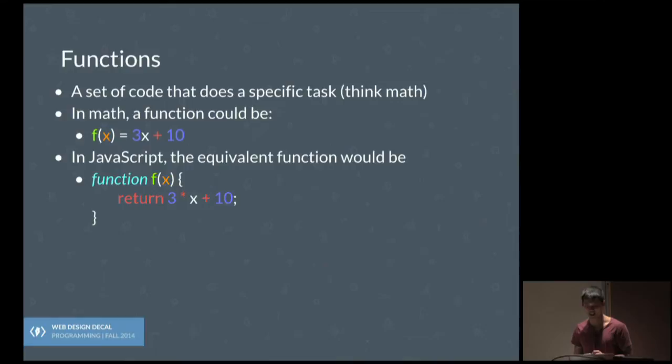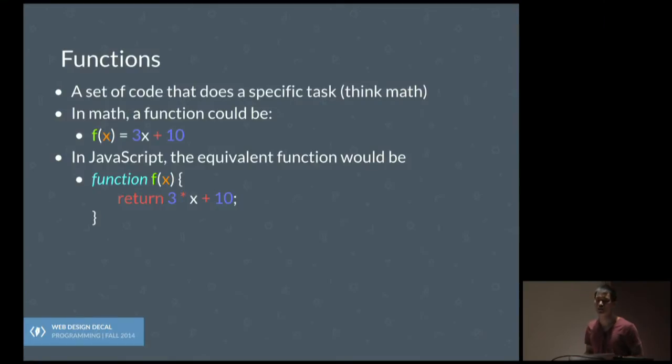OK. Then in that case, we're going to move on to the very last thing, and perhaps the most intensive thing, and that's functions. So functions, when you hear it for the first time, you might think back to math, and you might think back to algebra, really, when you have this f of x, and it could be something like 3x plus 10. It could be like a line. In JavaScript, and programming in general, there are functions too, and they basically take inputs, and they do whatever is defined in them, and then they spit out outputs, right?